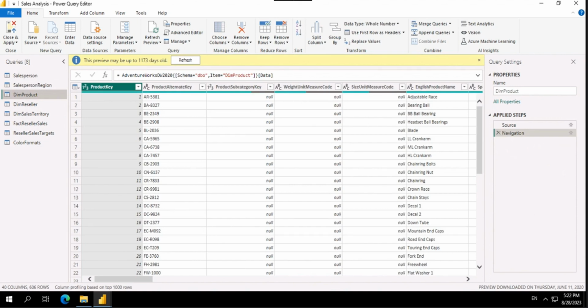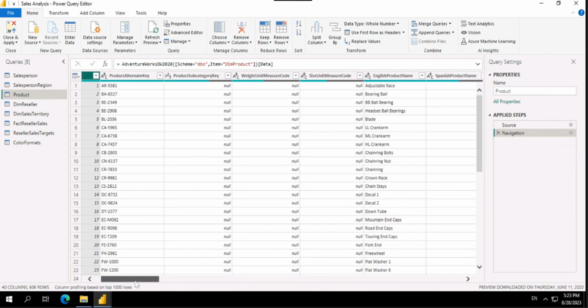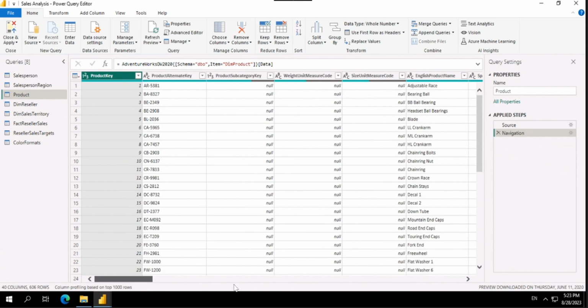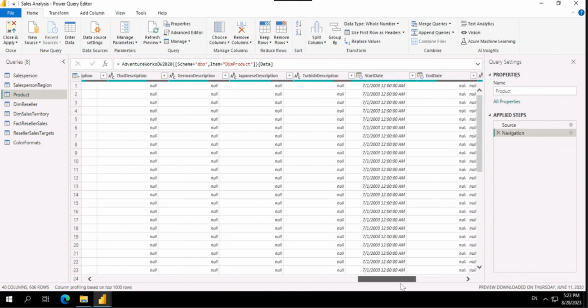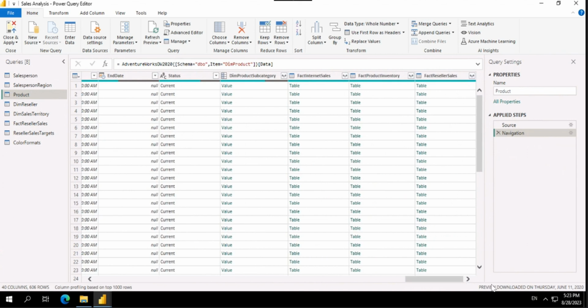This contains product information. First thing is that we will rename this dim product to product, and then what we can see is this product information contains 40 columns and 606 rows. So we can see that there are 606 product types and 40 columns. Of course, there will be some additional columns which we will not require. So what we'll do is we'll filter those columns, and